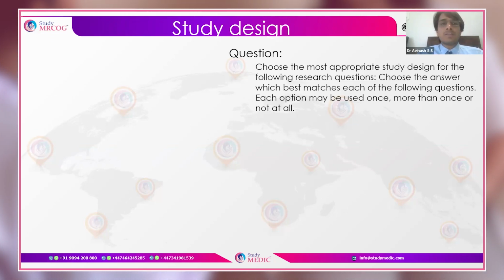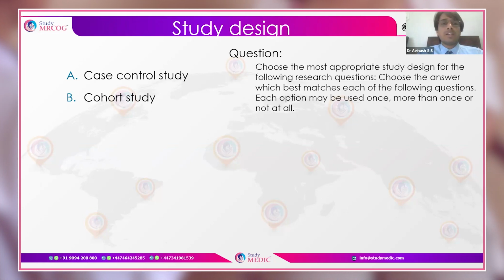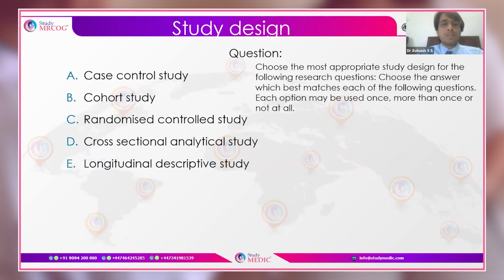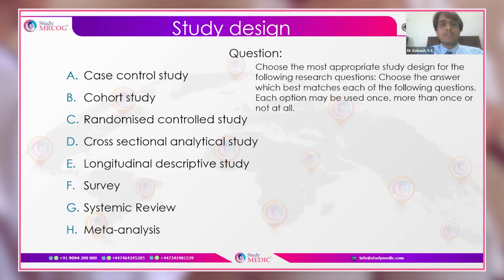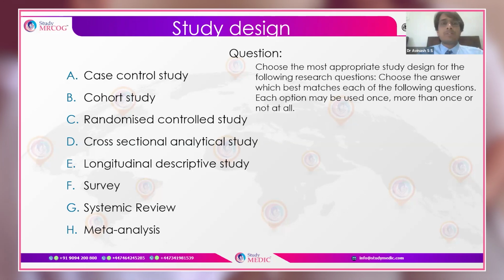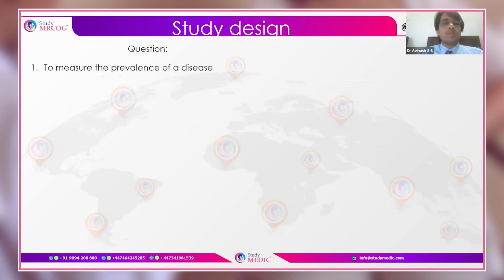So this topic is based on study design. The options are case control, cohort study, RCT, that is randomized control trial, cross-sectional analytical study, longitudinal descriptive studies, surveys, systematic reviews, and meta-analysis. These are some of the options. Now we'll see the questions and then the options and answers, and then we'll discuss each option and why it is the best. Now the question is, to measure the prevalence of a disease, which is the best suitable study